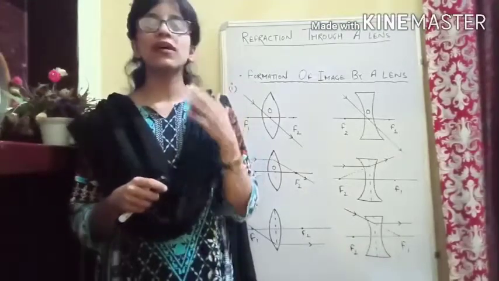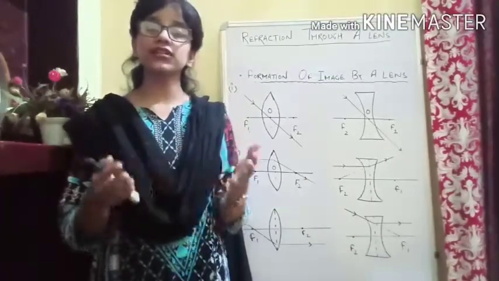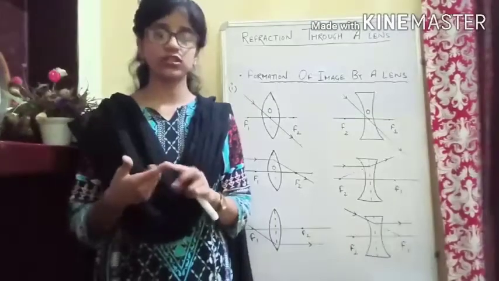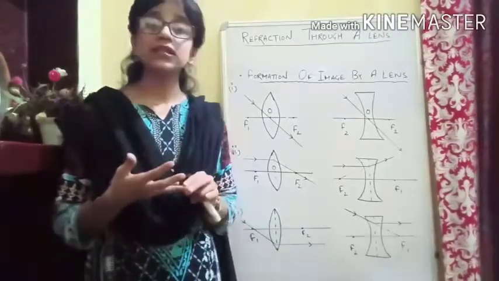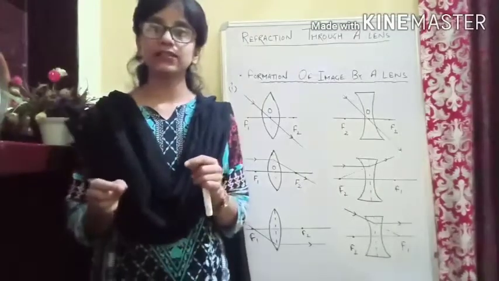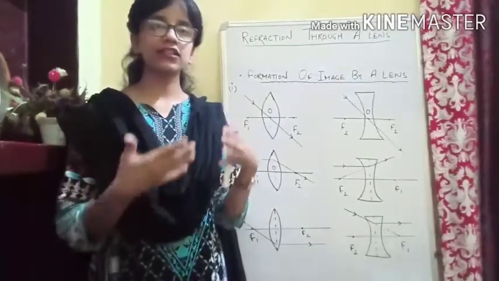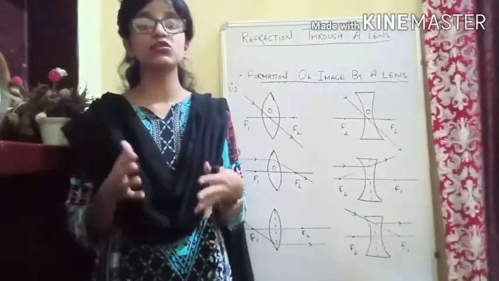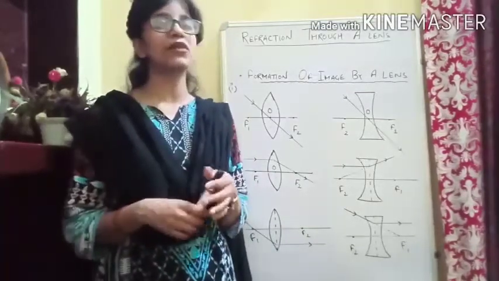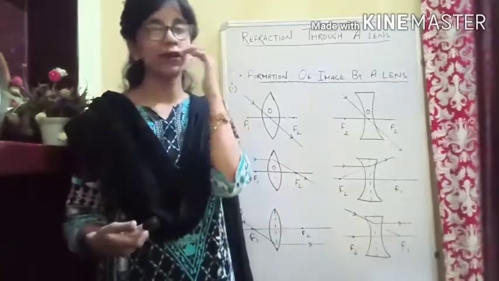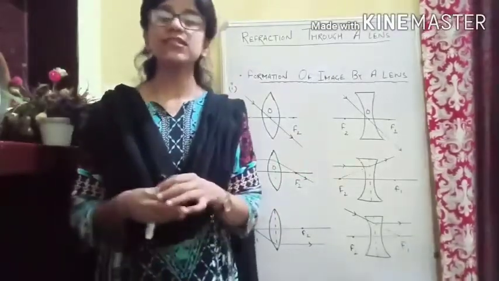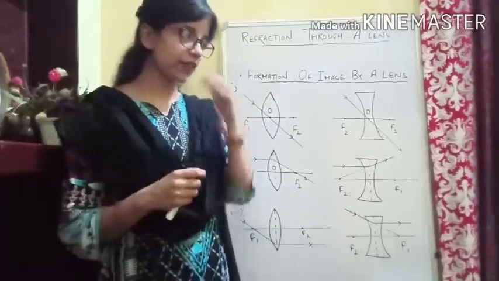We also have seen the technical terms related to the lens, that is the center of curvature, radius of curvature, optical center, principal axis, foci, that is first focus and second focus. These all are the things you should remember, and if you don't remember, please recall them because we are going to continuously use these things. Okay, so let us start now. Let us resume from where we have left.